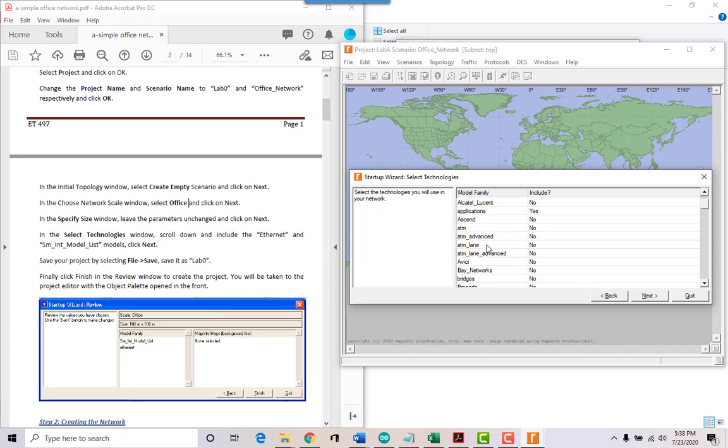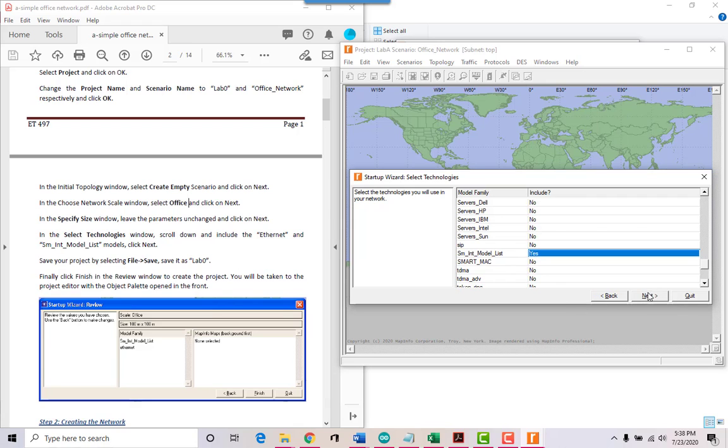I can refresh. I have to just carefully look for anything with an S. This is a new version, so it may not even have it in there. Okay, SM. There it is, SM-INT model, so yes.